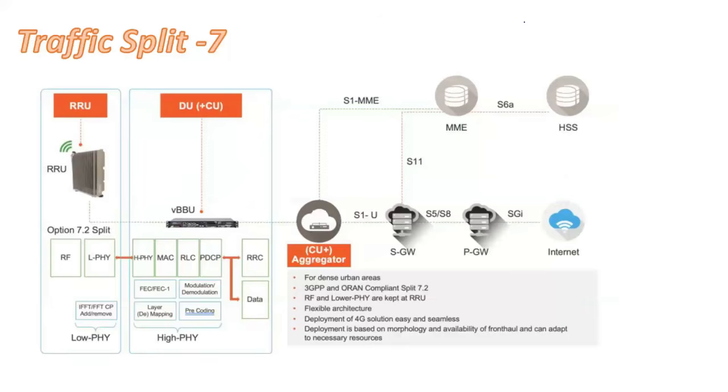So again, this is option 7 or 7.2, which is used for open RAN. So this split is used for open RAN. Option 7 split architecture is where the DU handles the higher layers. Somebody asked me what is the meaning of high layer and low layer, right? You can see that we have one physical layer, right? And one physical layer may have many functions, right? It can be modulation, demodulation, coding, decoding, FFT, IFFT, right? Some functions are real time and some functions may not be real time.